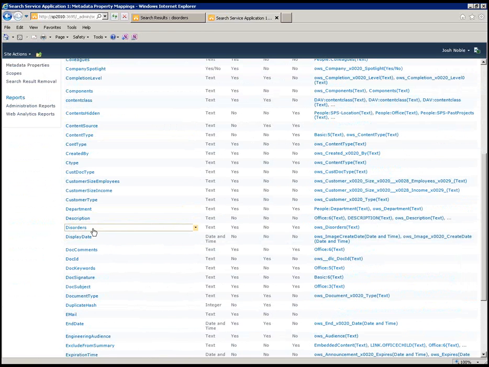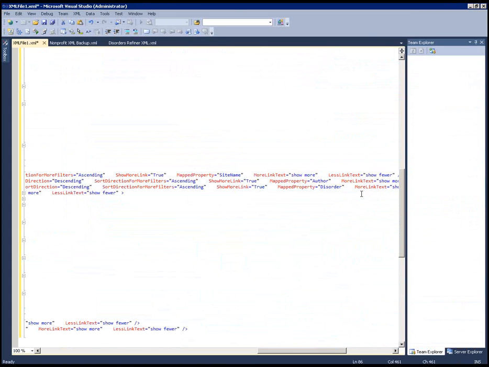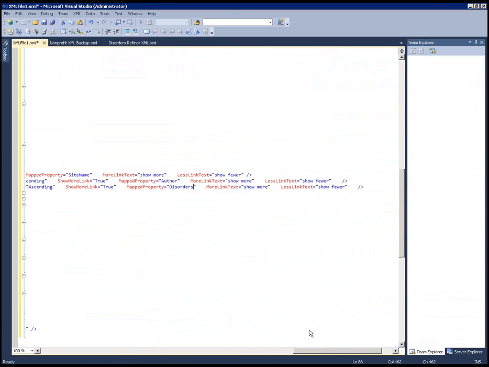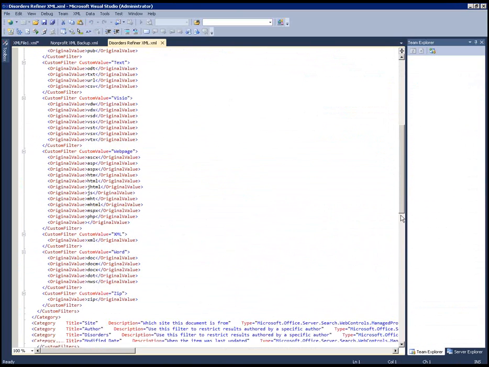And let's go down. So you have this property, disorders, and that's mapped to that OWS disorders. Again, we know that's coming from SharePoint. And pull up Visual Studio, so we want to make sure that that's plural. The other thing that we're going to do, we talked about we might want to add counts onto this, so instead of rewriting that, I'm just going to grab